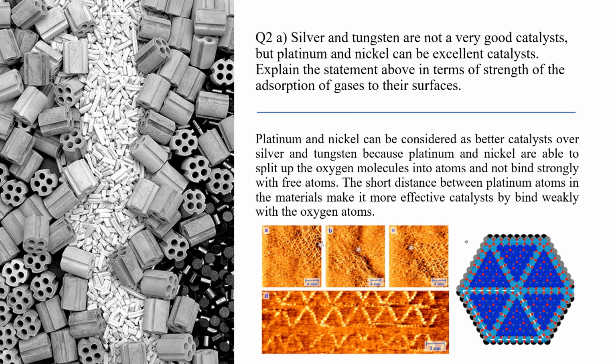Solid catalysts often work by first adsorbing something on their surface. A reaction then takes place, and the products are desorbed from the surface, breaking away into the gas or liquid again. That frees up the surface for the next lot of reactants to become adsorbed. Silver is not a good catalyst because it is not good at adsorbing things on its surface and it does not form a strong enough attachment for the reaction to occur. Tungsten is not a good catalyst because it adsorbs things too strongly and so does not release the product of a reaction and free up the surface again.